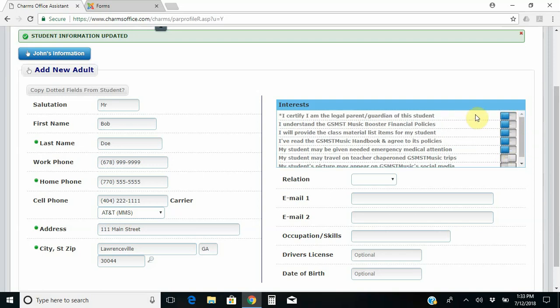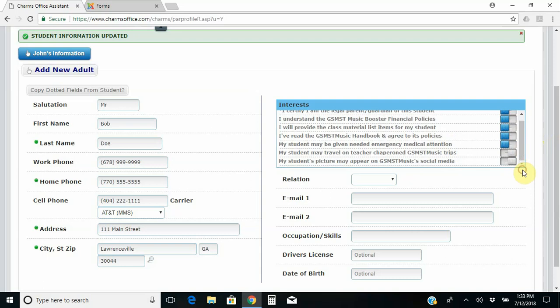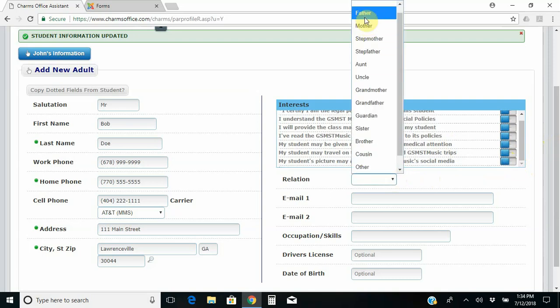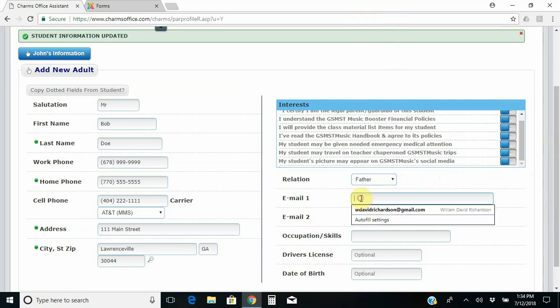As far as the others are concerned, regarding the financial policies, the materials list, and the handbook and its policies, etc., these do affect your child's performance in the classroom. So it's very important that we have all of these checked off at least. And then hopefully you're willing to check off the last two just for ease of use. All right, over here on the right-hand side of the screen, we ask you to choose your relationship to the student. So as I said, we're setting up a father, entering in an email address,